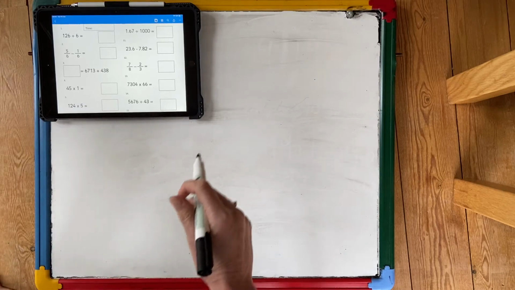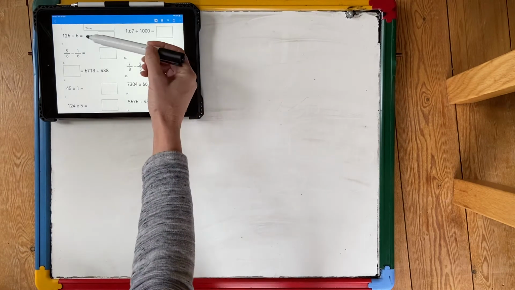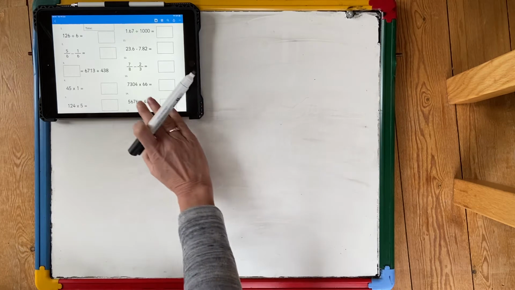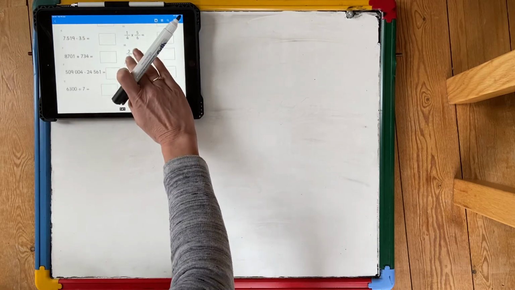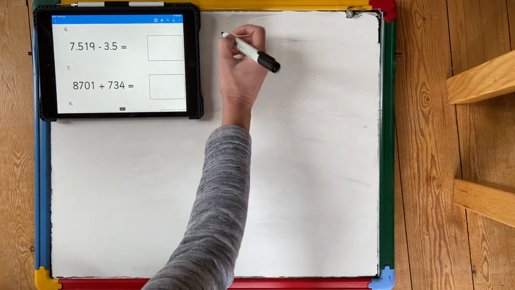Good morning, Year Sixes. So today's arithmetic is here. I think you can do questions 1, 2, 3, 4 and 5 independently. Okay, so question 6 is